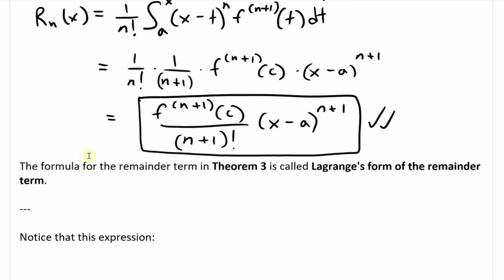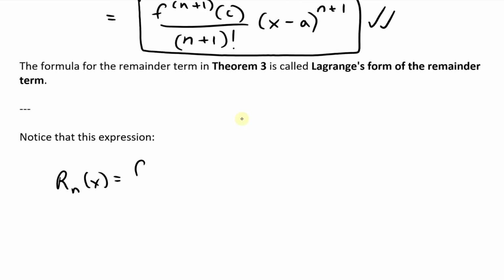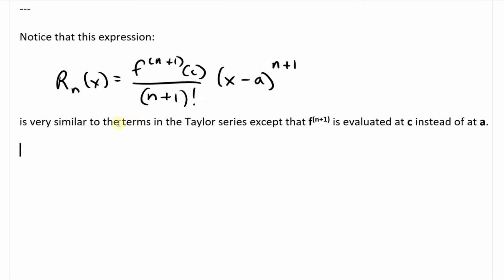Alright, so now the formula for the remainder term in Theorem 3 is called the Lagrange form of the remainder term, just for convenience. So yes, that's this right here. And notice this expression, I'll just write this down again. R_n of x is equal to f^(n+1) of c, divided by (n+1) factorial, times x minus a to the power of n+1. This expression is very similar to the terms in the Taylor series, except that